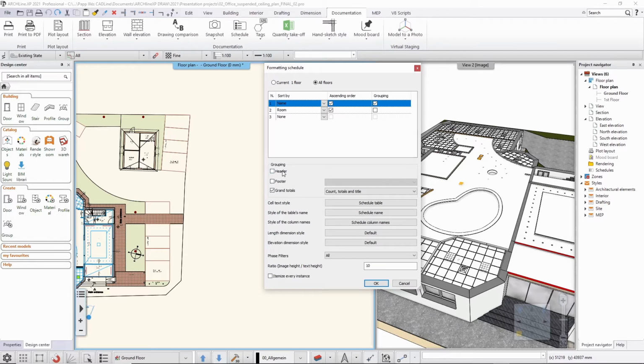Now I don't want to see headers and footers. I will have headers and footers, but this is a grouping option that I don't want to see, because I have decided to sort this list by floors, but I actually only have one floor, so it would not make sense to group them furthermore. Now I also would like to see the grand total, so I enable this option, and there is a cool